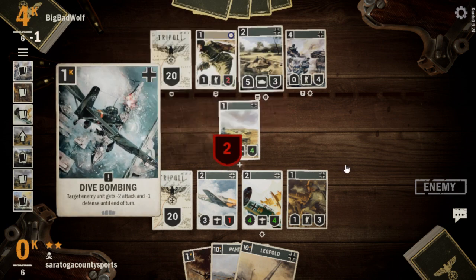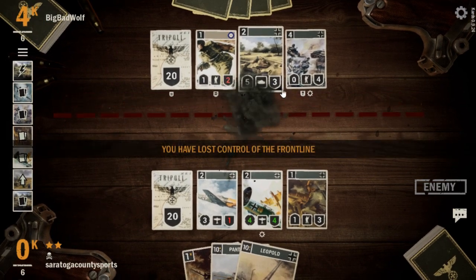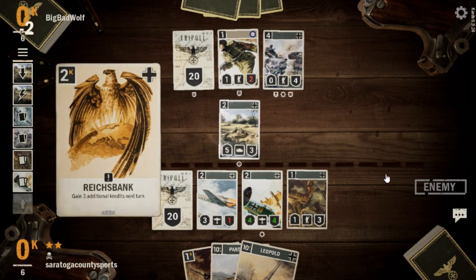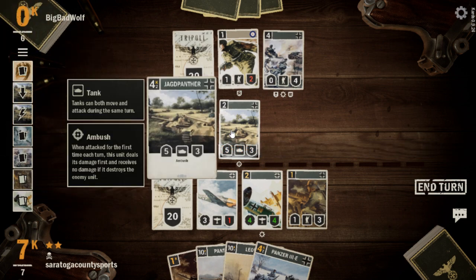Alright, we don't really care about a Nakshub. Alright, good play by our opponent there with the dive bombing. And now they get a credit boost as well. And a Reichsbank. So they got a pretty beefy turn coming up next turn for them. Okay. And this big thing has ambush, so...